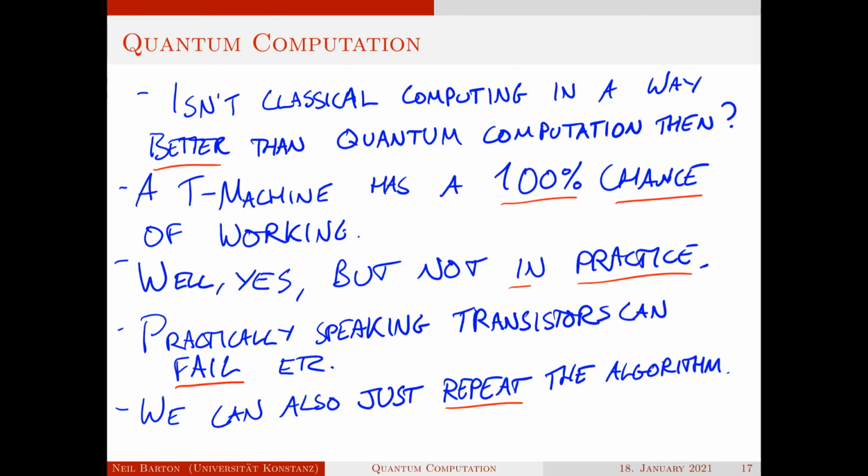Okay, so they're deterministic things. They have 100% chance of working. So is this not an advantage of the classical model? Well, yes, but not in practice, assuming that we could actually build a reasonable quantum computer, or a scalable one. The reason being,